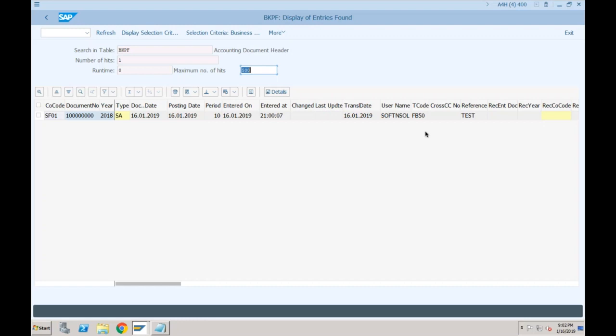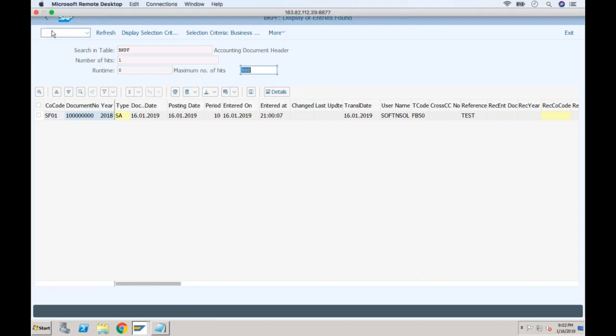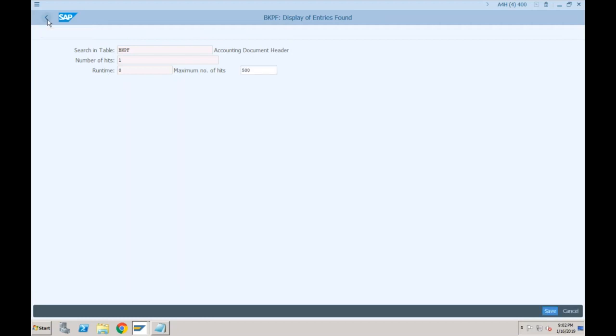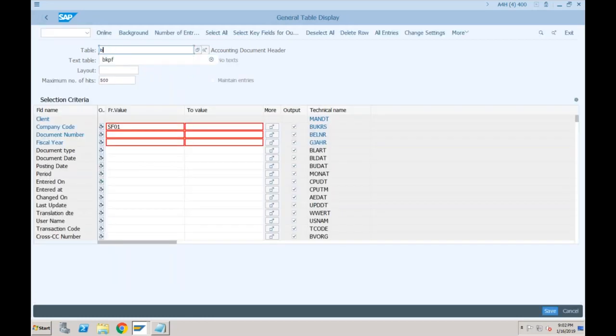BKPF is available, you are correct. Okay, let's see. What about BSEG? BSEG is also available, or is that gone? Available. BSEG is also available. So if BKPF is also available, BSEG is also available, then what is the point in